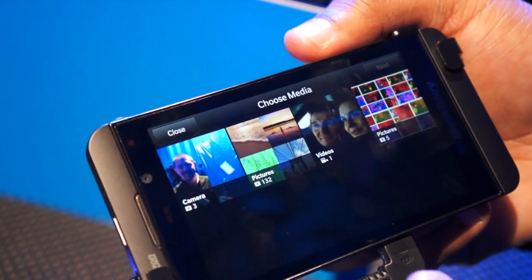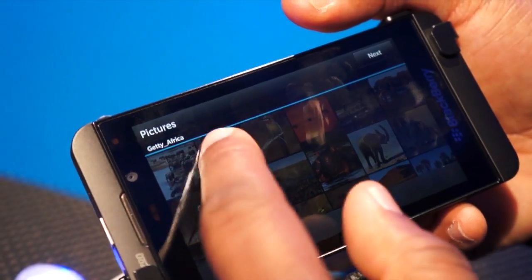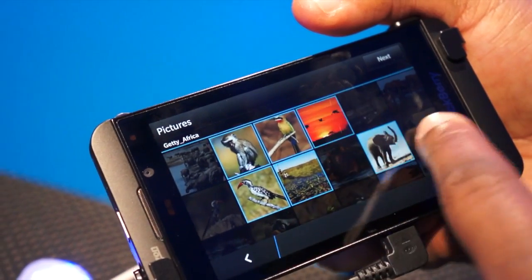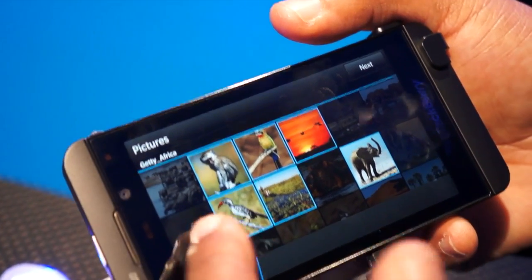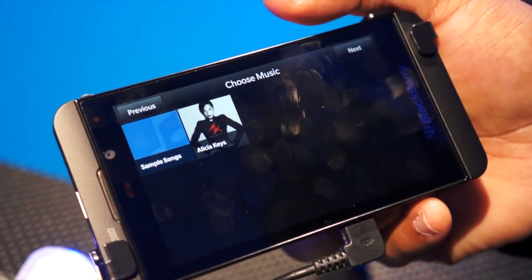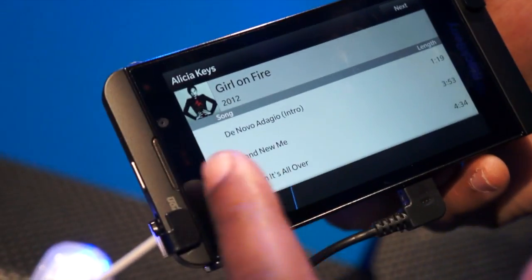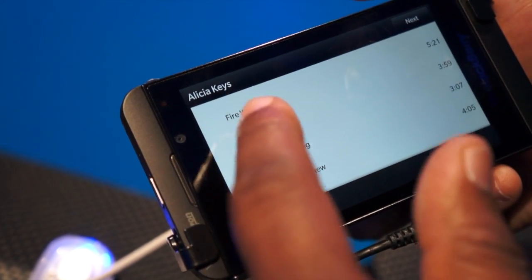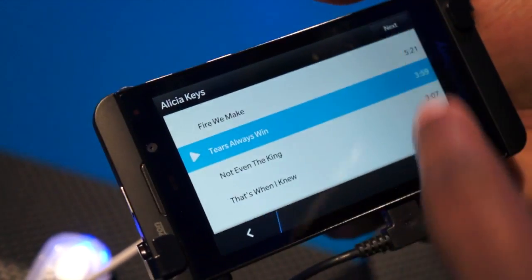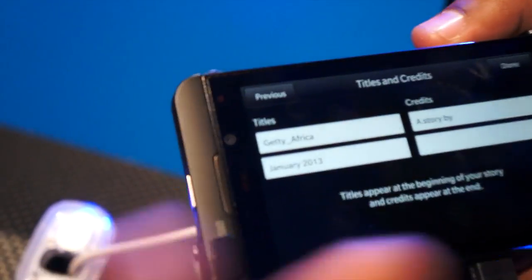Let's see here. Let's see, I'll do this. I'll pick this one, this one, this one, this one, this one. However many pictures you'd like to pick, and then I'm going to go next. And then I'm going to pick some songs, some background music. Every good movie needs a theme song. And let's see, what do I have here? The next. And then I can give it a title, story credits, or anything that I want to do. And once I press done,